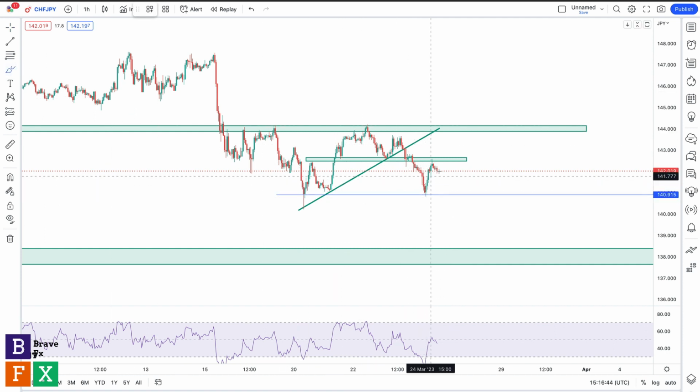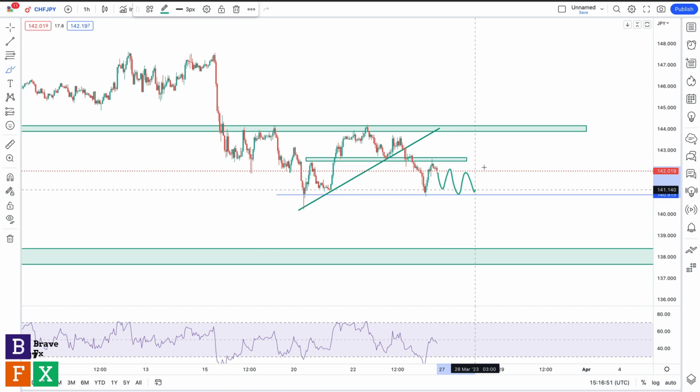So I'm going to watch out for a consolidation within this range, right? No matter how it looks, it might be small, might be huge. I'm just going to wait for a good consolidation like this and a break of this support level for me to go short. And when I go short, my target is going to be around this support level on